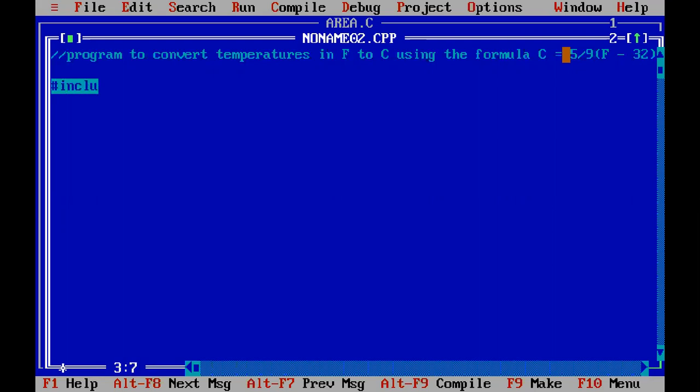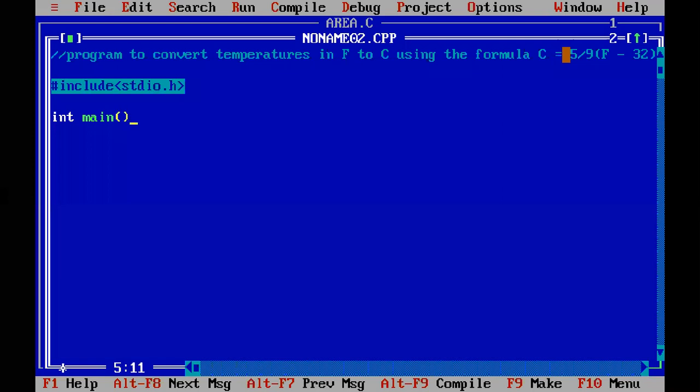#include stdio.h. Say int main. Again I will take the temperature as decimal, because temperatures are usually found in decimal.